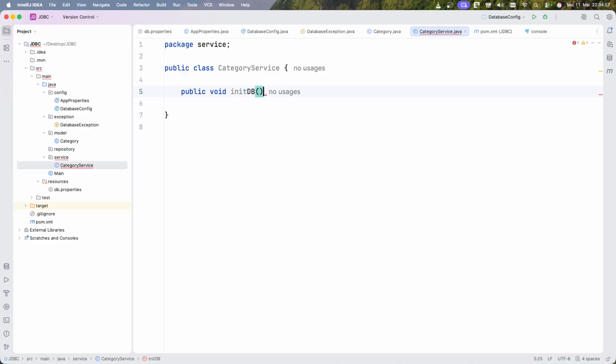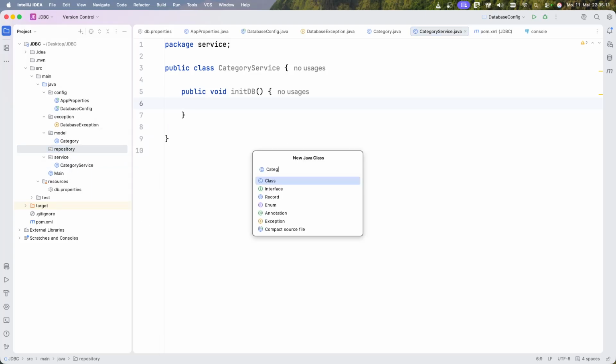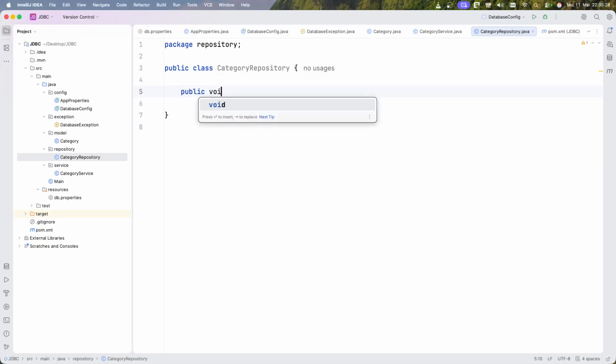And the first method that we need is an initDatabase, and we're using that to create the database. This service class doesn't have direct access to the database, but the repository class has. So we're creating a CategoryRepository, and this CategoryRepository is the class with direct access to our database where all the statements are executed and so on. And also in here, we should just have a method called public void createTable,